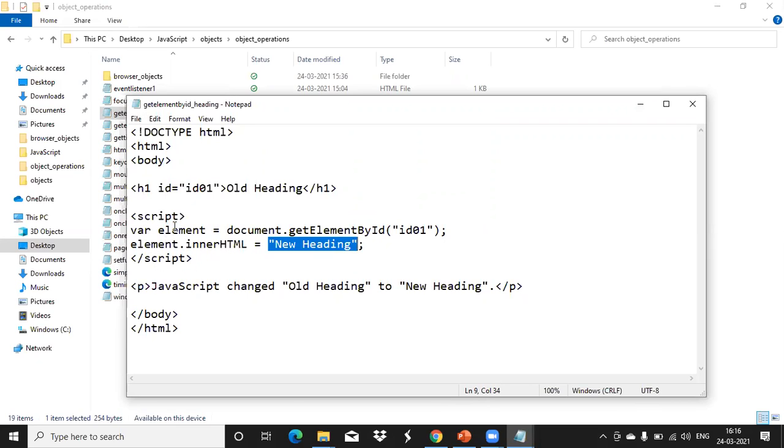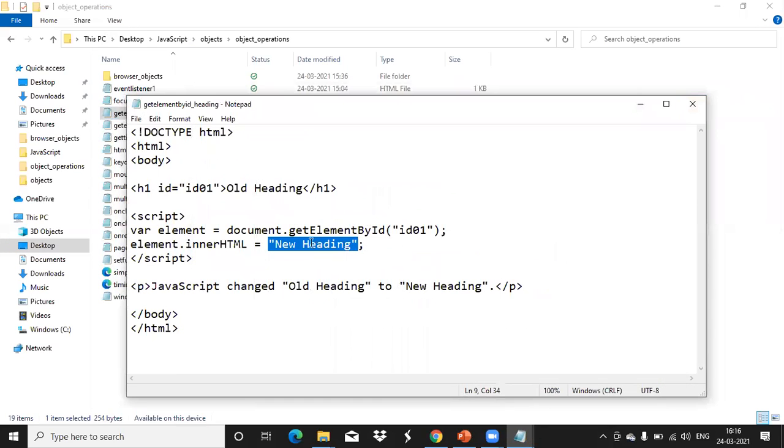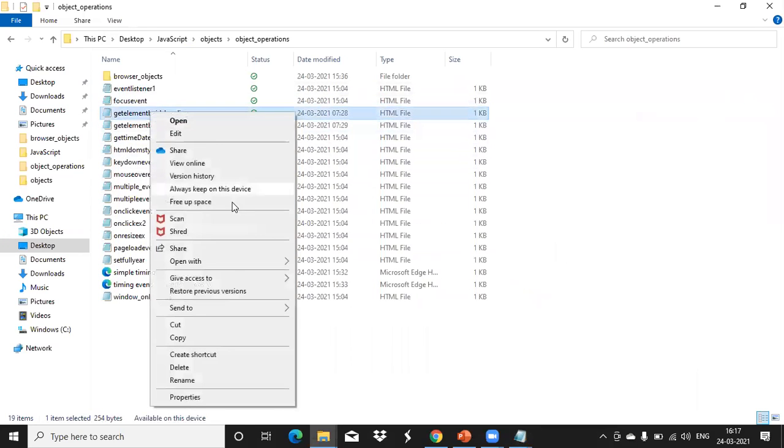The same thing you can do in a single line also, no problem. Without creating a variable also, you can do it, like the previous example for the paragraph, how I showed you. A single line is enough, or else separately if you want to change. You want to store that value inside a variable, then that variable you can use every time, instead of writing document.getElementById. That way I can use this, or else a single line only is enough. This is the new content we are typing for the H1 tag. That's it. See this output.